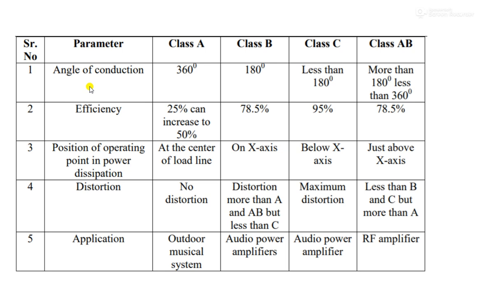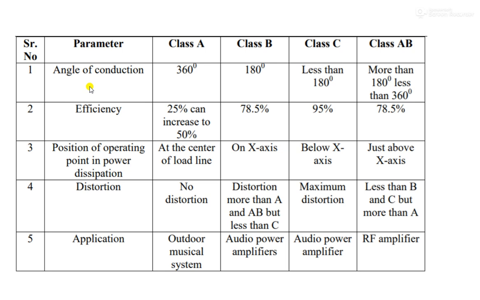It is clearly mentioned in our syllabus that there is no need for circuit diagrams and applications of power amplifiers like class A, B, C and AB. So what we have to do is simply make columns and rows where we can put the parameter characteristics: class A power amplifier, class B, class C and class AB, one by one in a frame.